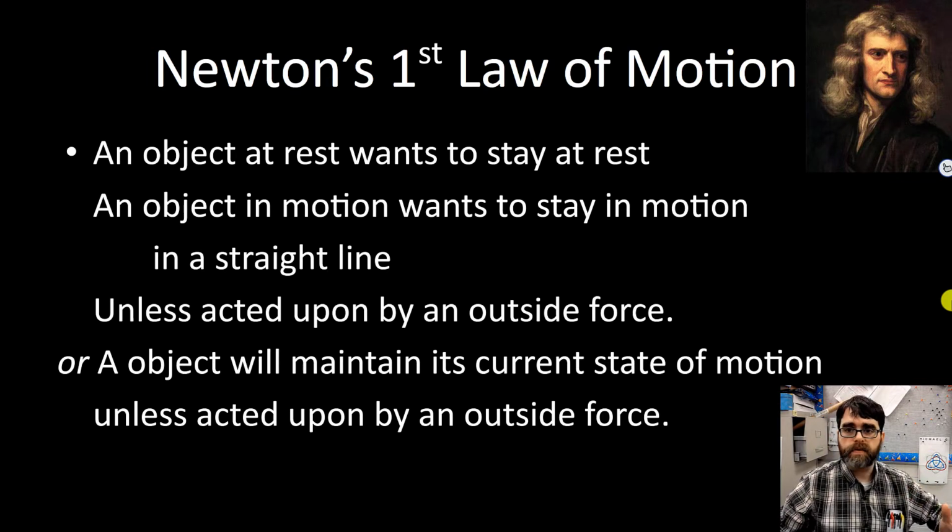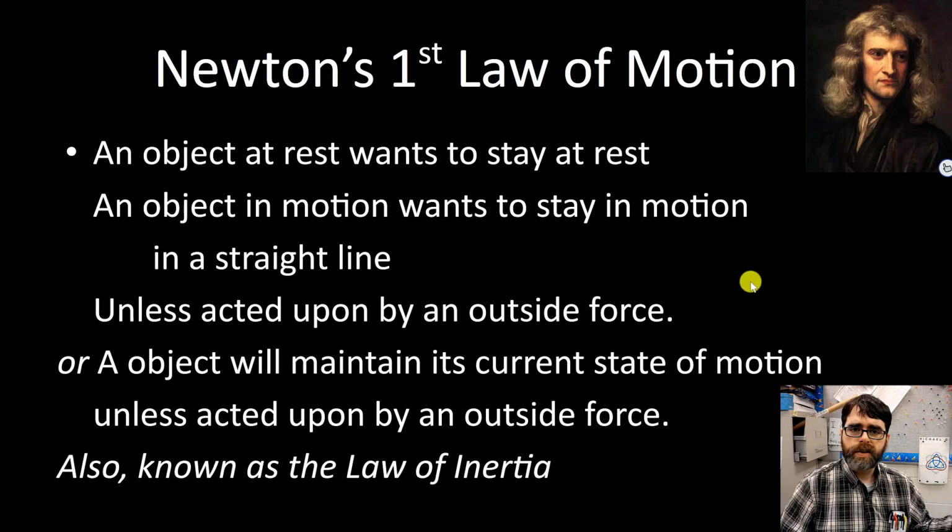Prior to that, Aristotle, a few thousand years beforehand, had said that for an object to move, it had to keep being pushed. So for an example, an arrow flying through the air would get out of the way, come around behind, and keep pushing it forward. And so then you had to constantly push to keep an object in motion. Well, what Galileo realized and Einstein kind of expanded upon was that if we don't have friction, if we don't have air resistance, the objects will move forever. And that the reason that normal, everyday objects eventually come to a stop is because there is this outside force acting on them. This law is also known as the law of inertia,